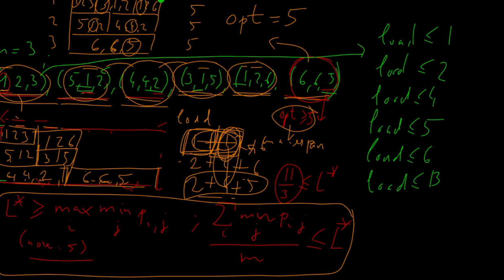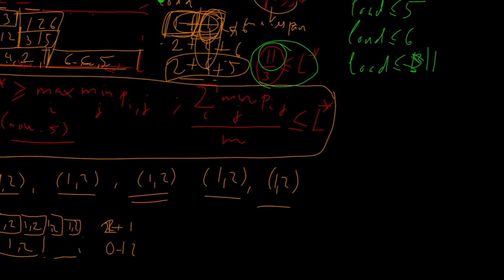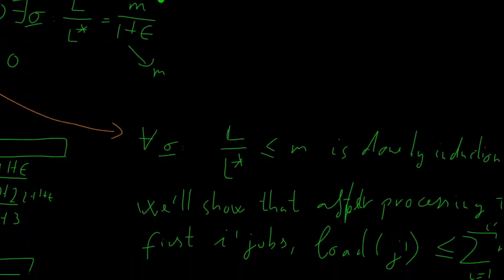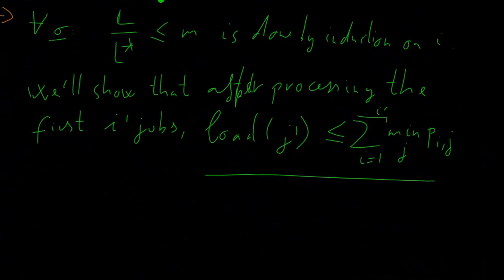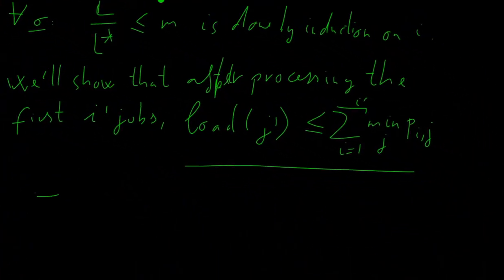6 plus 5 is 11. Yeah, exactly here. And if you just remember back, we also have another bound of this. The sum of the minima divided by m is a lower bound for L. So if we manage to show this, then we will have at the end